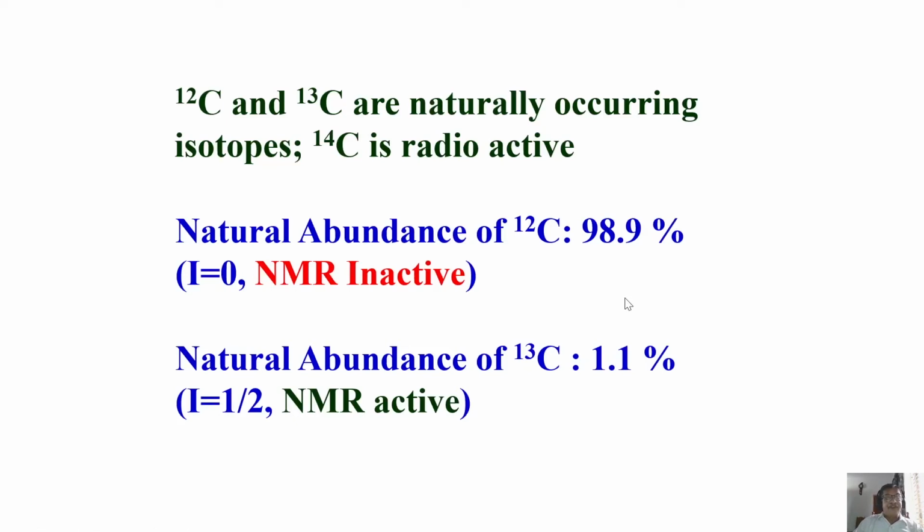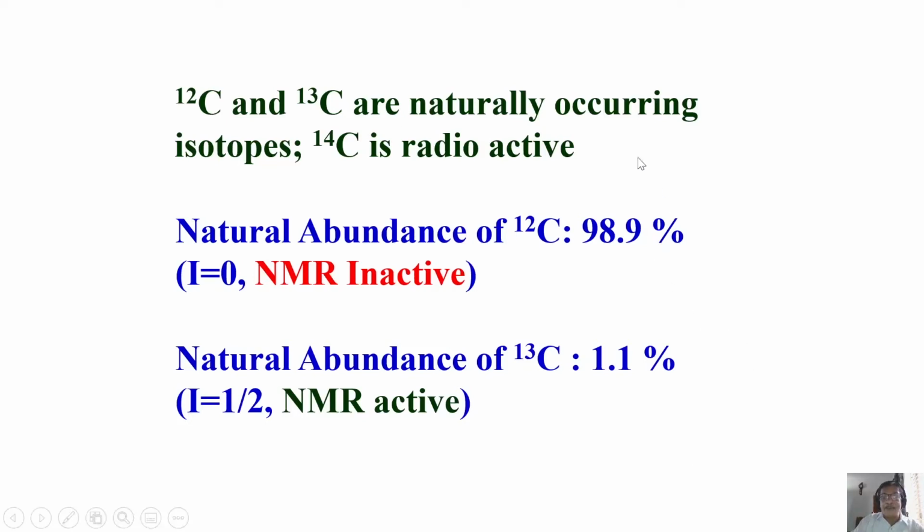You see this thing? Nature is helping us. You should take it as an advantage for us. If carbon 12 were to be 100% abundant, in all the organic molecules you have so many carbons, your NMR spectrum would have been so complex that it would have been impossible for us to analyze easily. We would have had to struggle a lot because it would couple with all protons: proton-proton coupling, proton-carbon coupling, carbon-carbon coupling, everything would have been there. Fortunately, nature is helping us.